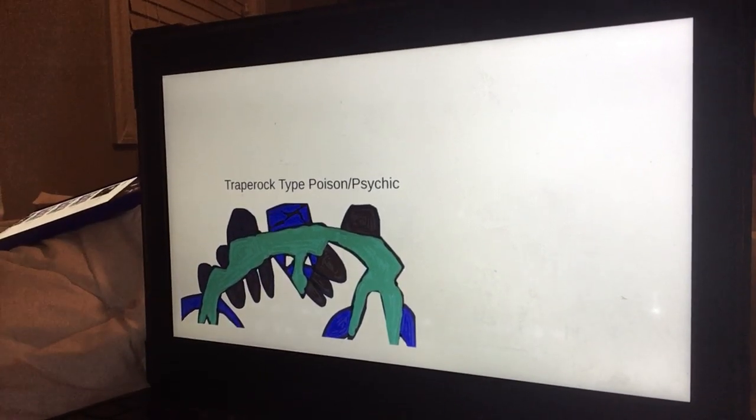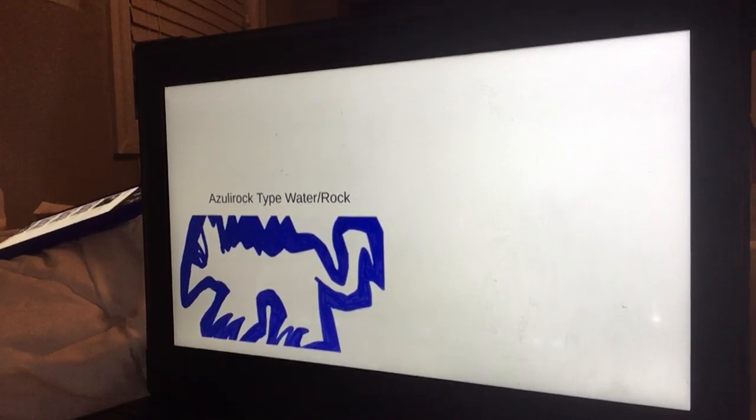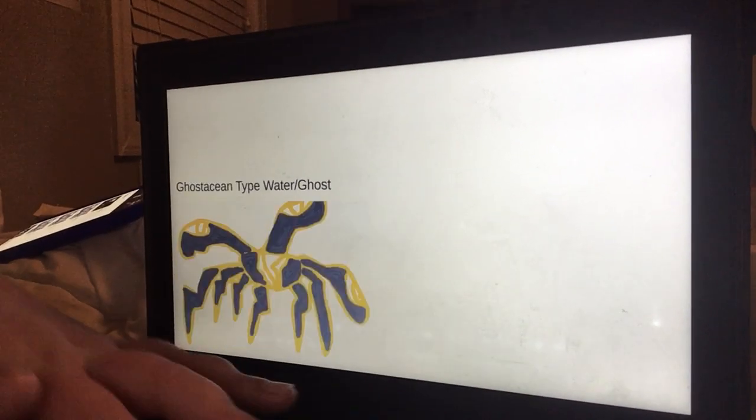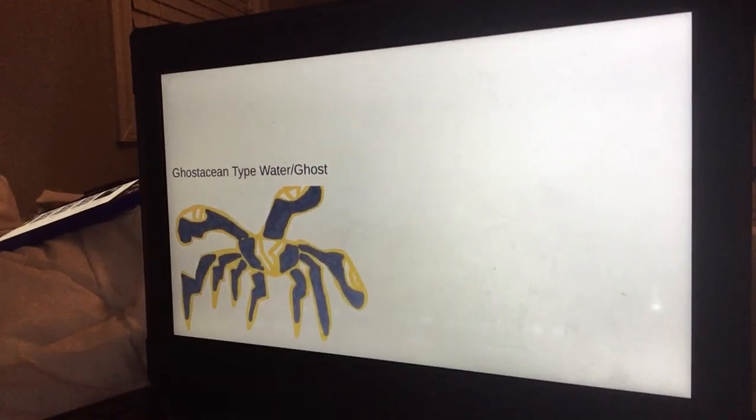And it has sacs on its body that have poison gas in it, cool too. Plus poison mud. And next is Azula Rock, a water rock type lizard with 2 claws, I guess. That's pretty cool looking. Next is Ghost Station, a ghost crab that died, that became a Pokemon, similar to stuff